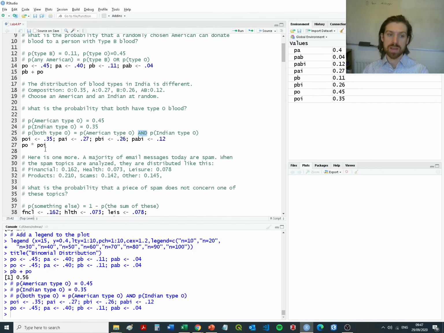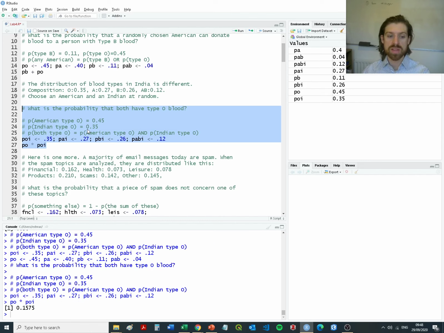And to do that, it basically means that we must multiply the two probabilities together, as we're interested in what happens if two people both had the blood type group. So there's far more degrees of freedom within this. So when we actually multiply those probabilities together, we're getting 0.1575,